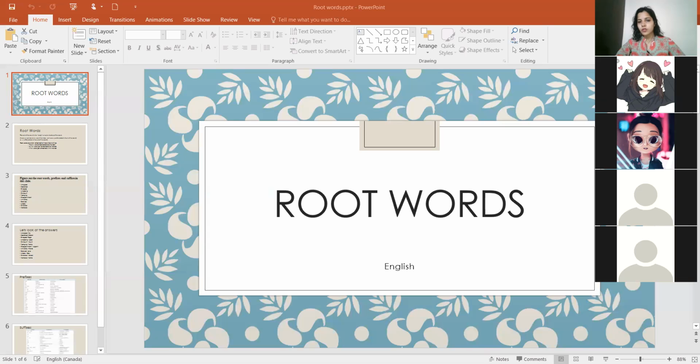If you have noticed, most of our words have a basic word, right? And sometimes we add another word to it, which might change its meaning, right? We might add that word in front of the particular word or at the back. So the ones which we add on the front, we refer to them as prefix. And the ones we add to the back, they are the suffix, right?